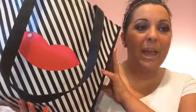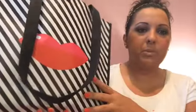Today we're going to be talking about February beauty empties. I have my Sephora recyclable bag here, and in it is a whole ton of empties. So, I'm going to make this quick. Without further ado, I am going to get started, and these are the empties that I have for the month